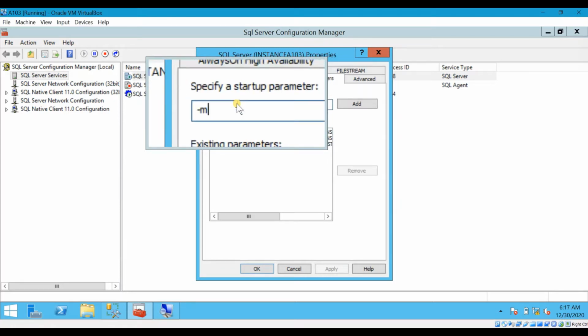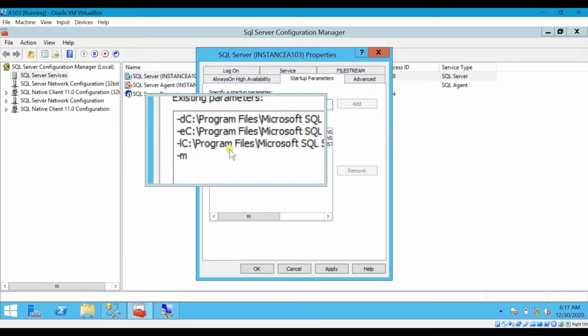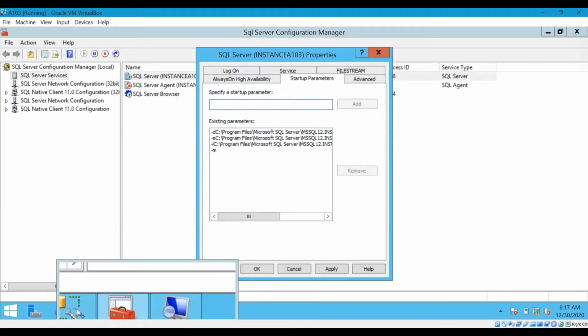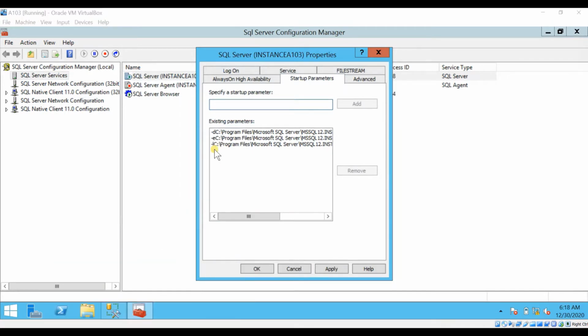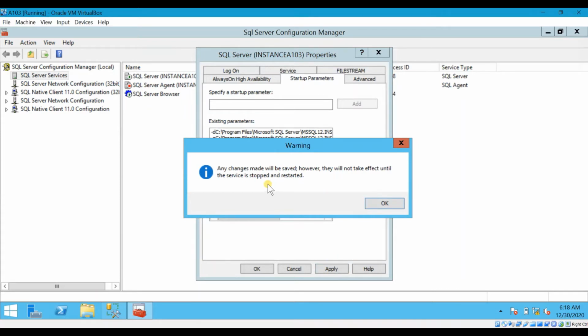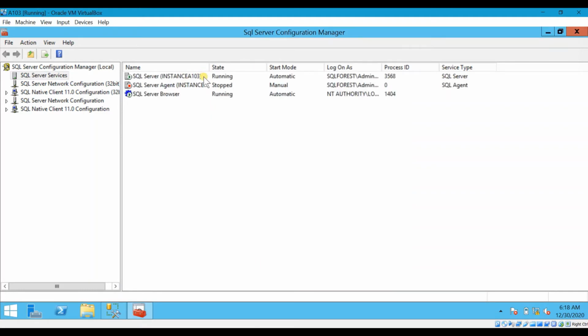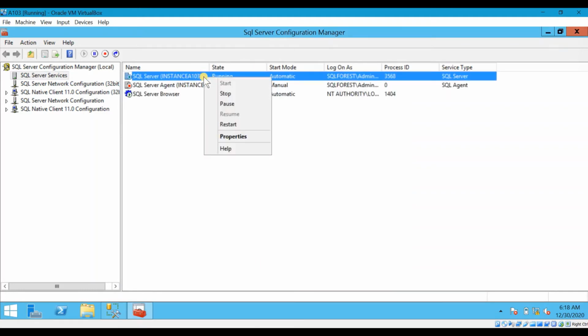You can see it is added. After adding, just apply, and you need to restart the server. Click OK and then restart it. Right click, restart.